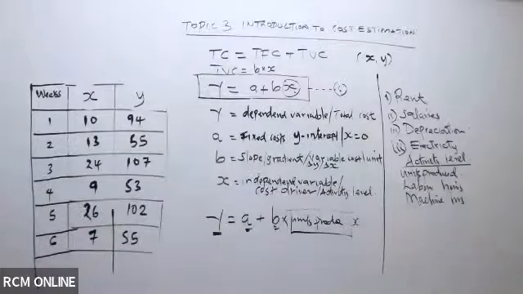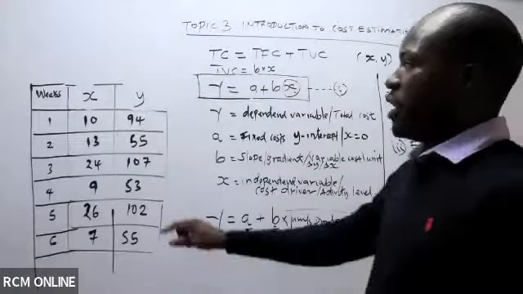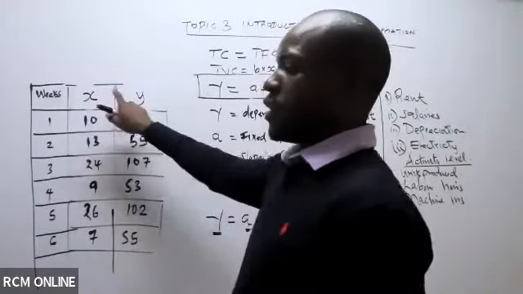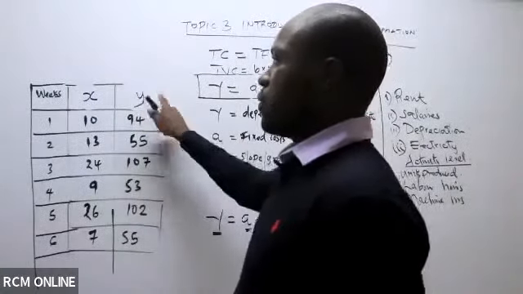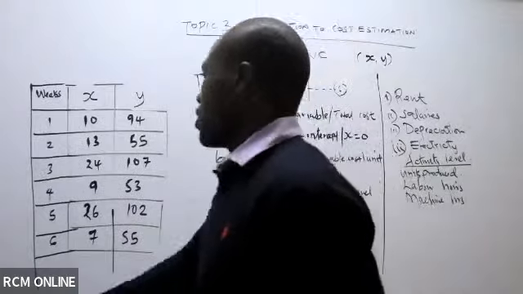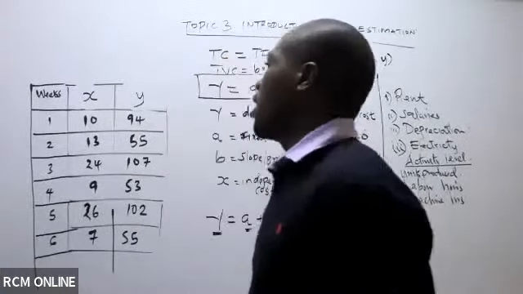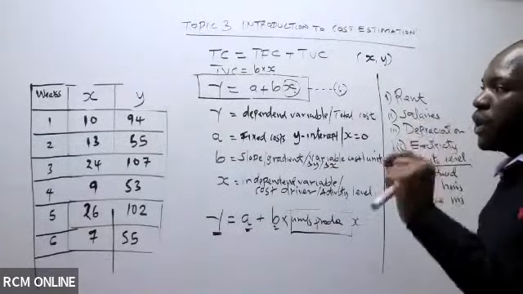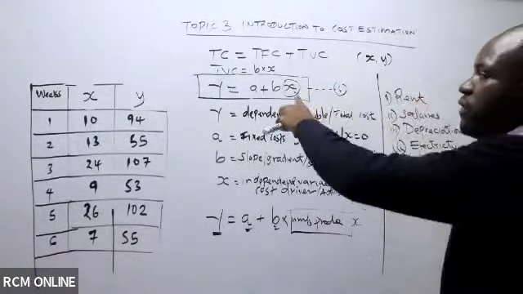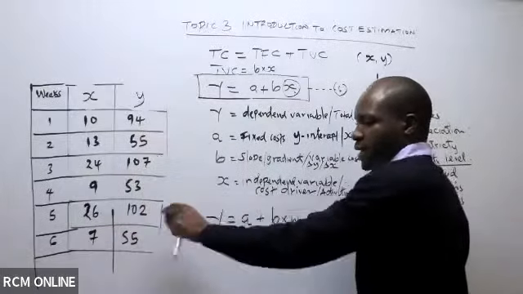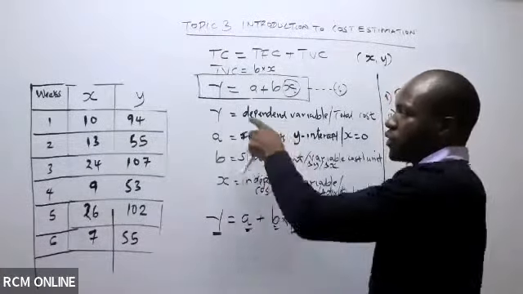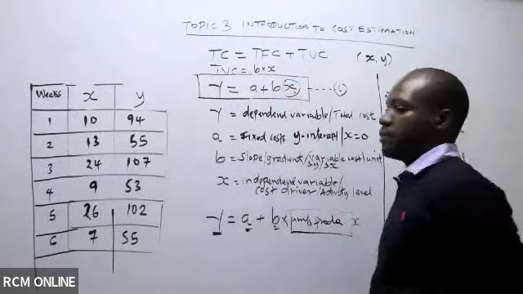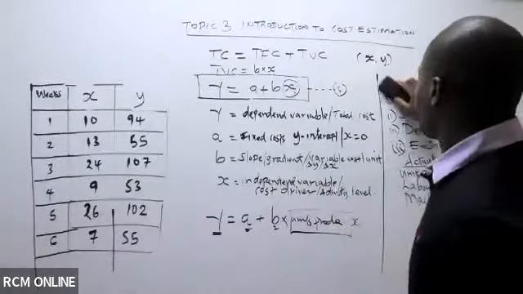Are you done? Good. Now, we have been able to replace units produced with X and, of course, production cost with Y. So don't forget the original name. We'll use them at some point. Now, I want us to move to the next step where we are going to come up with this cost function using this particular data. We are required to come up with a cost function in the form of y equal to a plus bx. So having this in place,